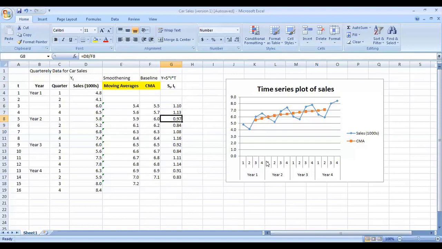So this is in correspondence to year 2, quarter 1. Rather than looking at this value, we look at this 0.84, which is below 1. So this is in correspondence to year 2, quarter 2. So when you look at this one, you all can see the